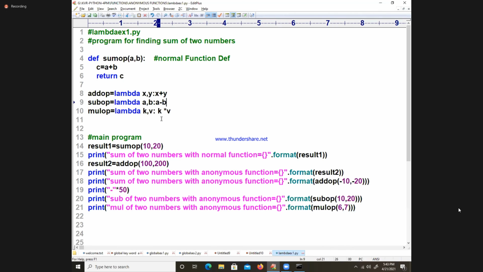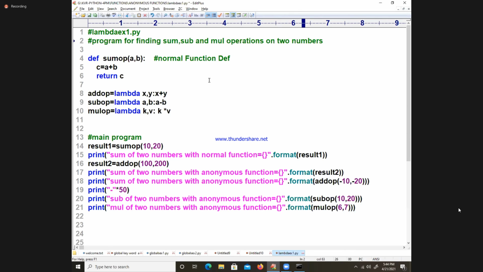Write down. Define a lambda function or anonymous function for finding sum, sub and MUL operations on two numbers.